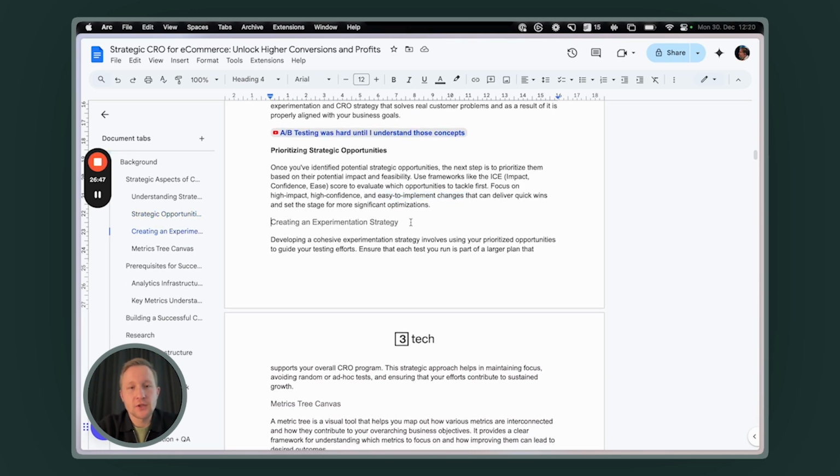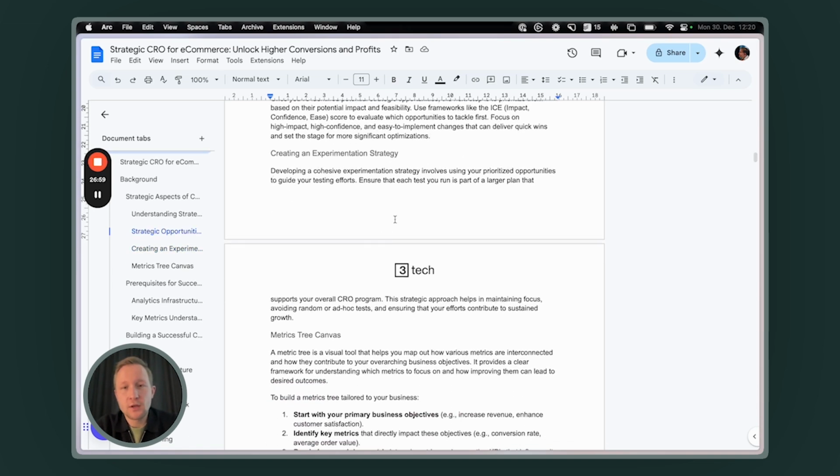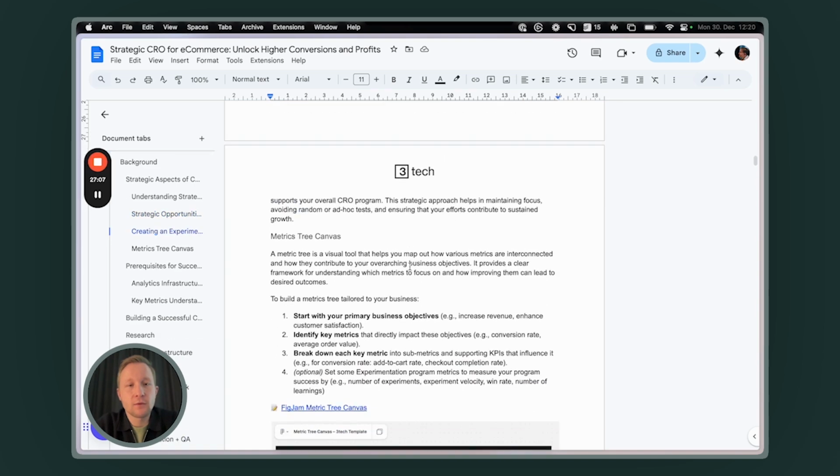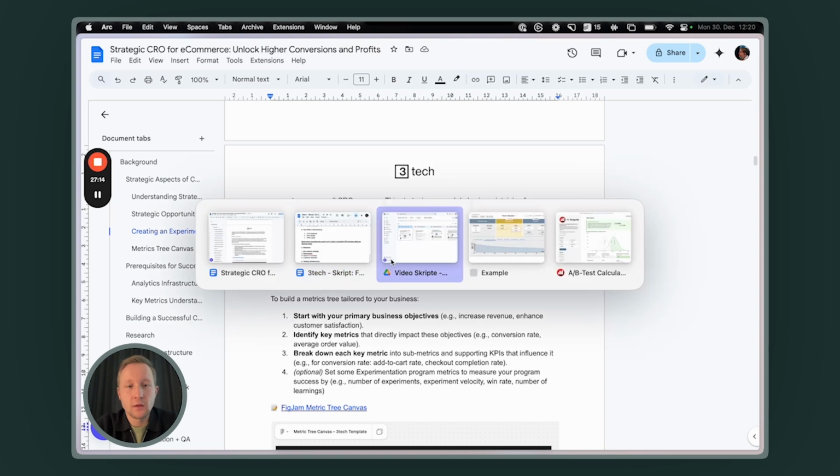All right. Creating an experimentation strategy. That's actually what we want to do right now. Developing a cohesive experimentation strategy involves using your prioritized opportunities, that's what we just did, to guide your testing efforts. Ensure that each test you run is part of a larger plan that supports your overall CRO program. This strategic approach helps in maintaining focus, avoiding random ad hoc tests, also a concept of ad hoc tests that I describe in the